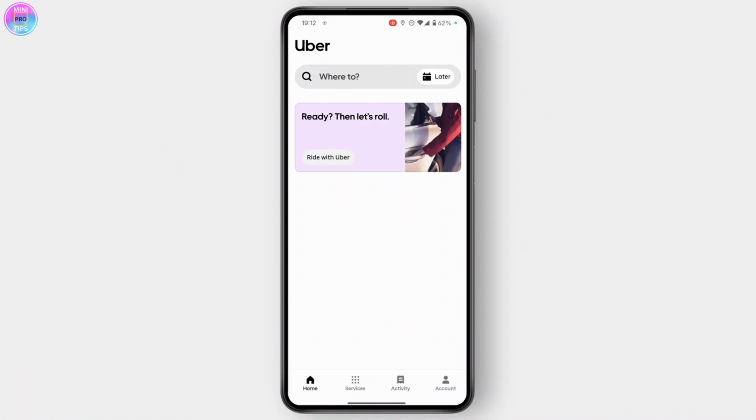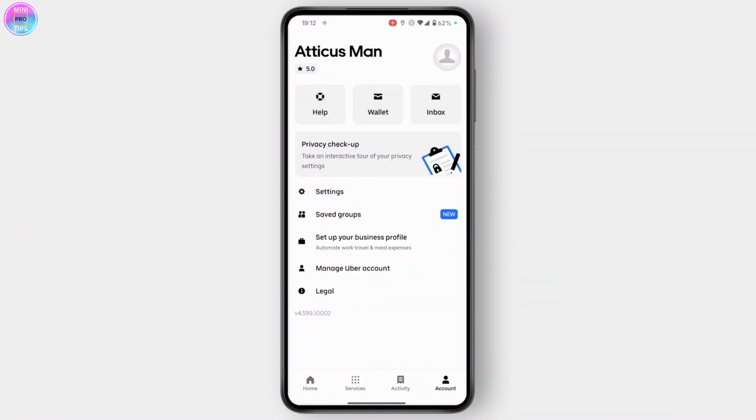After you open up the app, you will first need to head over to your account. So you'll find the account option at the bottom right. Tap on it, and after you tap on it, you'll need to head over to settings. So you'll find your settings right here under the account section. So tap on settings,